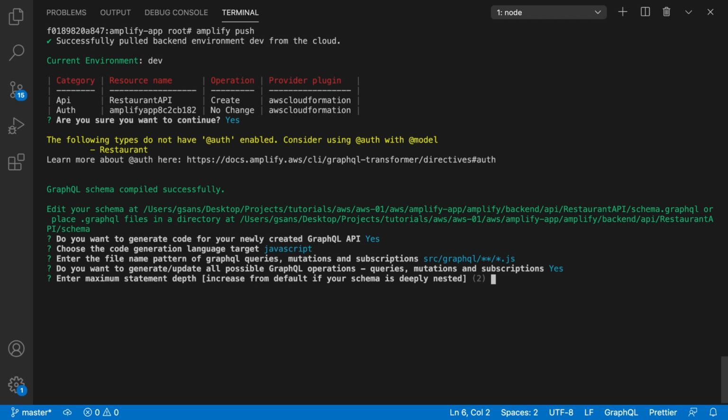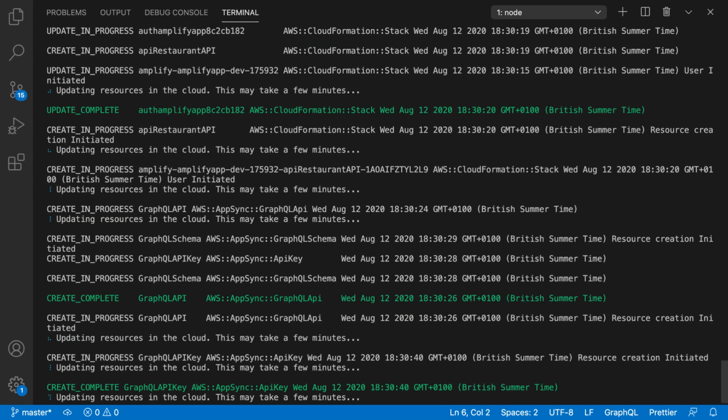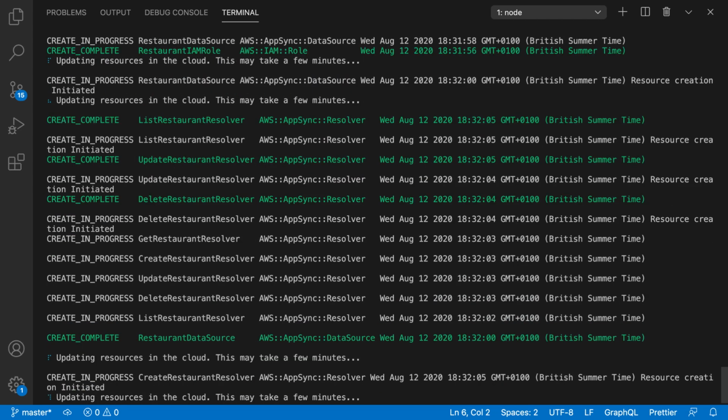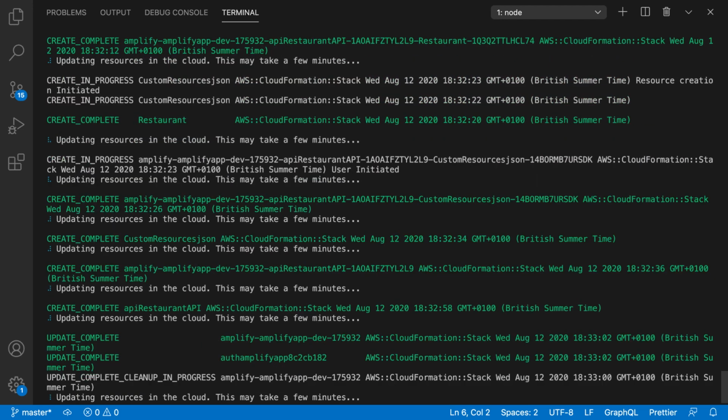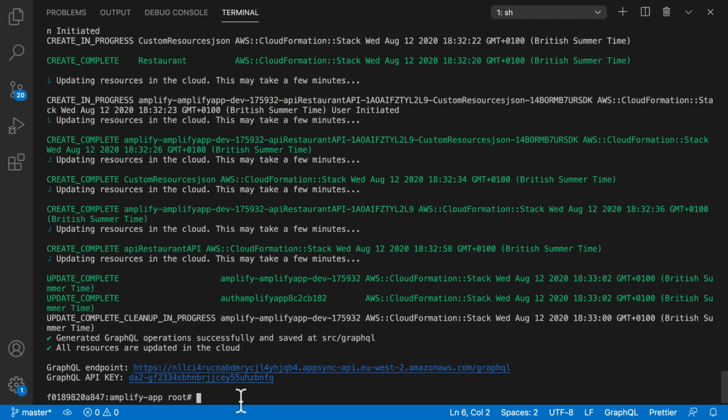And this is to protect you from deep, dangerous queries. So we are gonna set a maximum of 2. You can also change this later. So as a result, we get a GraphQL endpoint and our GraphQL API key. So you may want to take note of this. And every time you want to access your GraphQL API endpoint, you can use this URL together with the API